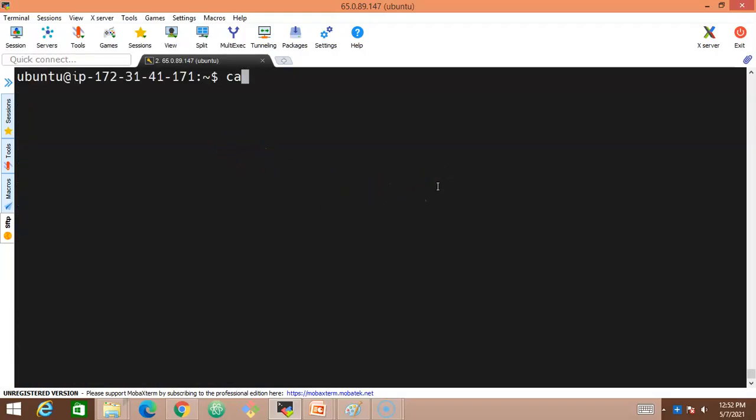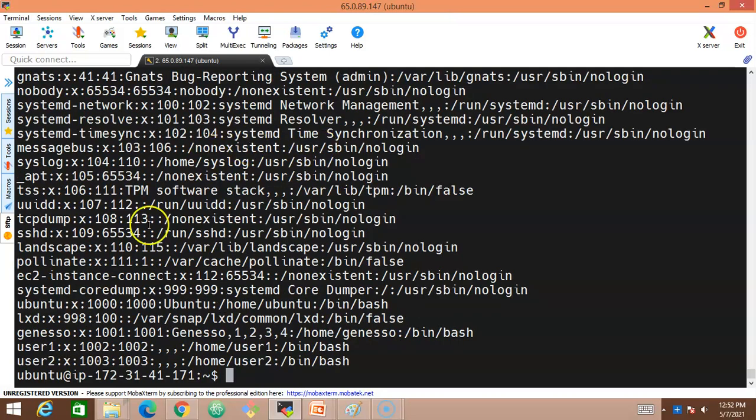Before I do that, let me use cat /etc/passwd file and open it. Inside this file, we are trying to cut multiple characters. So what are the multiple characters? Let me take this line as an example.